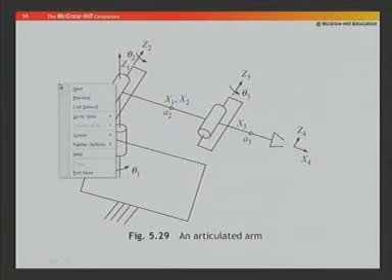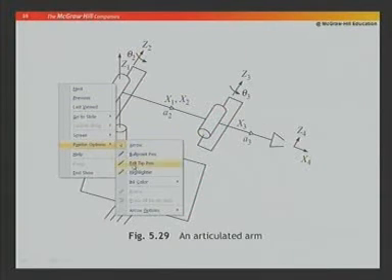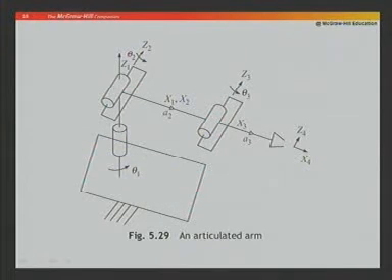Okay, so that is my first axis. Then you have the second axis, for which this is your Z2. Then the third axis Z3. Again, please remember, I could have